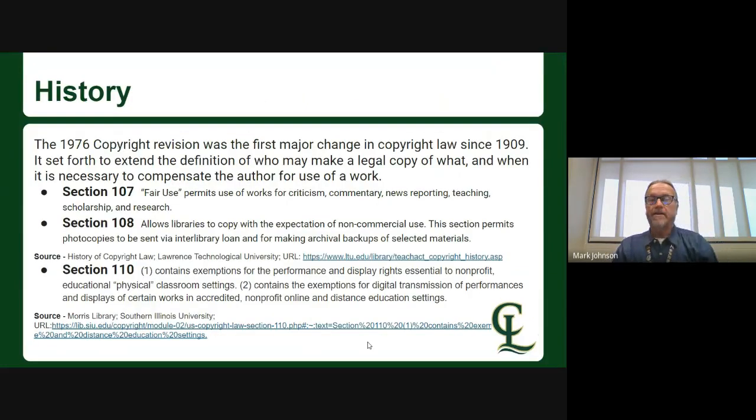So a little bit of background, a little bit of history. 1976 was the first major revision of the law since 1909. So quite a few years before anything really changed. And if you think back to 1976, if you were teaching like I was in 76, or if you weren't even around yet,